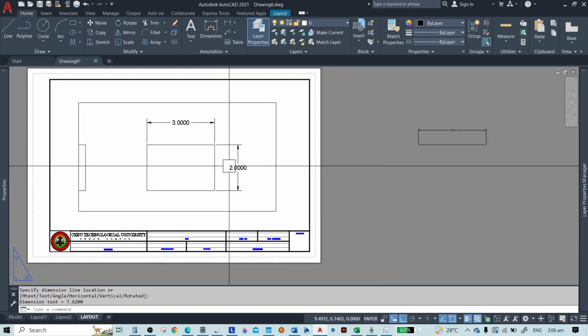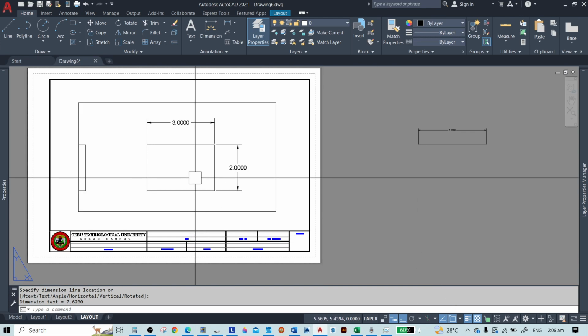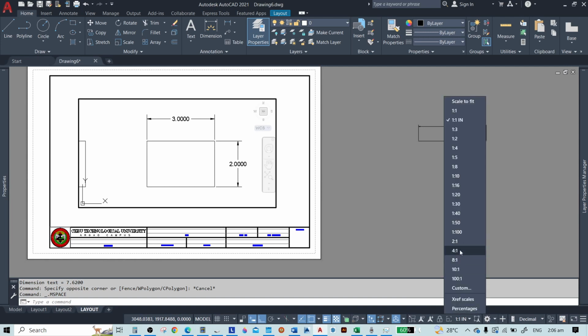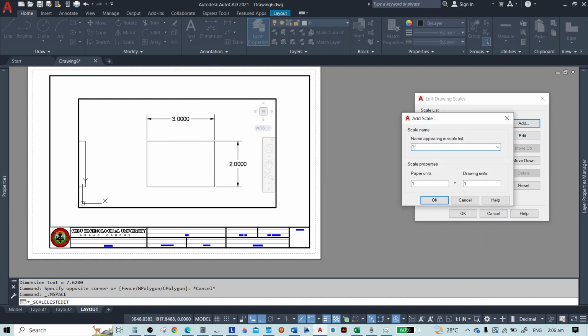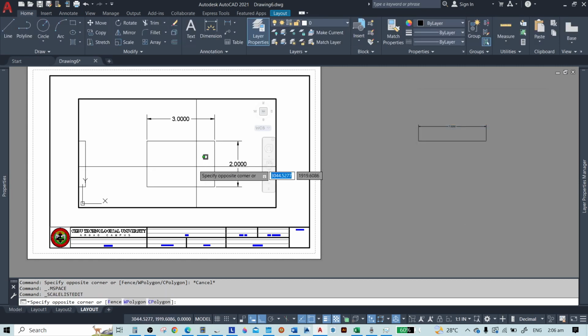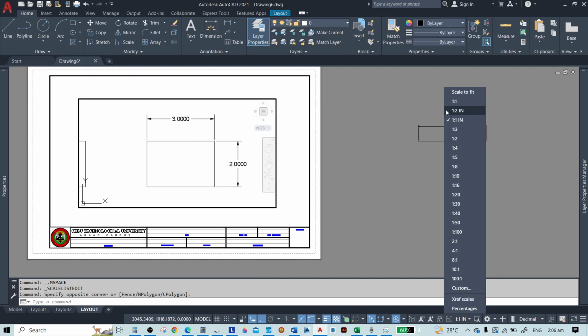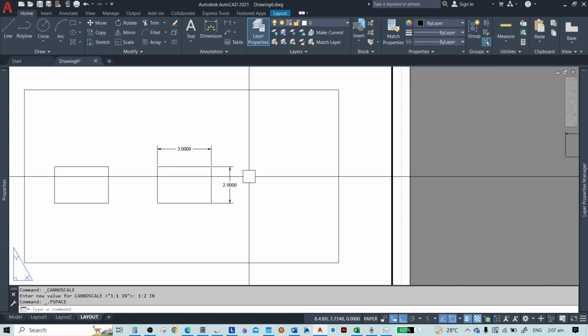Now what if we make this one 1:2 inches? Go to custom and then add 1:2 inches, and then 2.54. This one we will change into 2. Okay, and then okay, apply the newly made scale 1:2. So let's check if this is right.